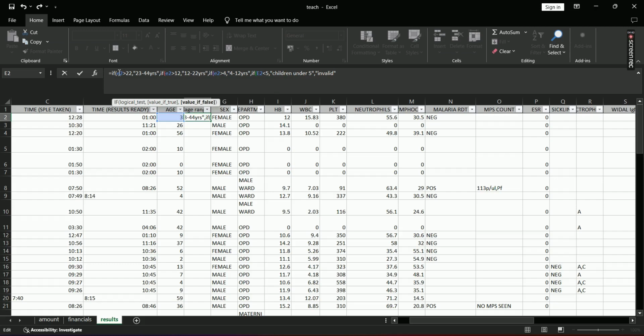Closed with a comma. Now if E2 is greater than 44 years, we will call them 45 to 54 years,